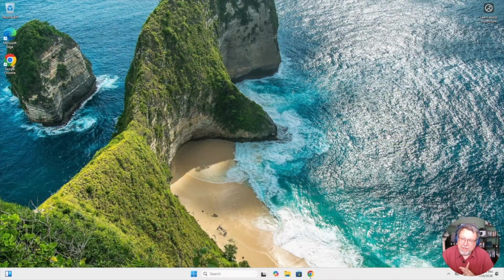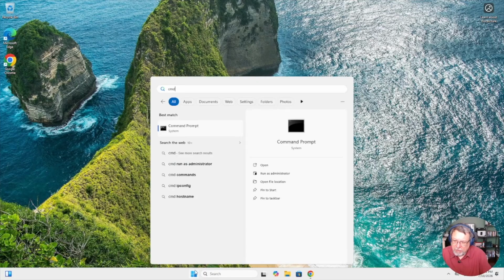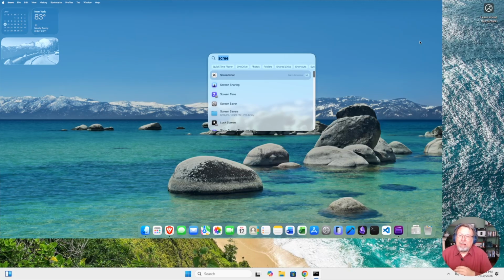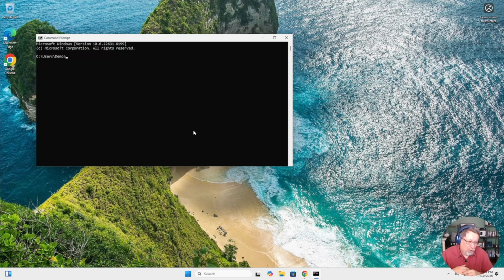Okay, so now we're at the desktop. We're on a fresh Windows desktop here. And to get to the command line, we're going to hit the Windows button here, type in CMD, and that's going to show us the command prompt application. We'll just click it, and this is the Windows command prompt. If we were going into Mac, we would find the terminal application and then open it from there. And if you're in Linux, you already know how to open the terminal because that's key to using Linux.